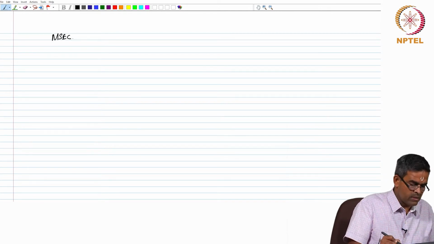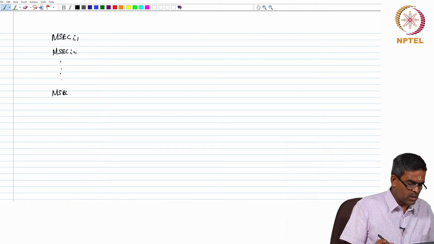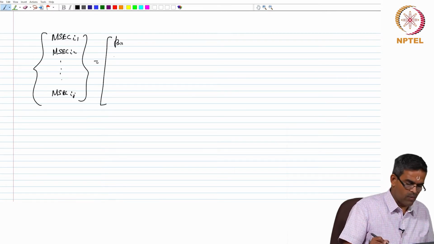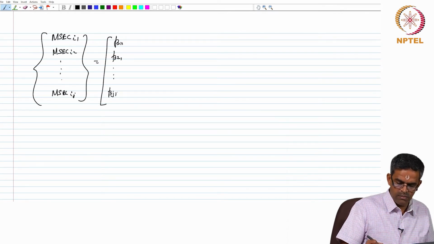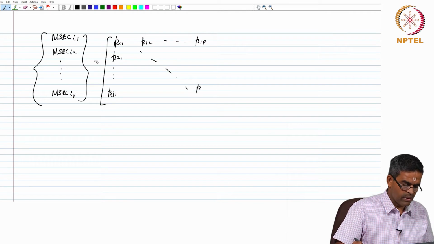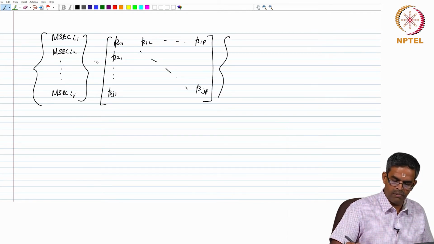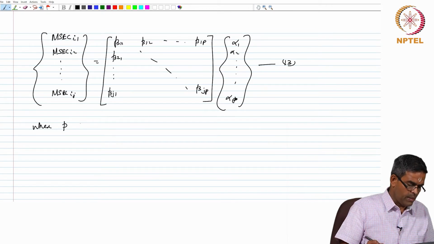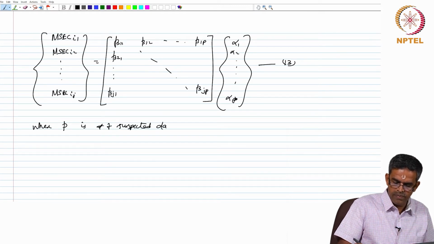Modal strain energy correction I1, modal strain energy correction I2, modal strain energy correction Ij is given by beta 11, beta 21, beta j1, beta 12, beta 1p, beta jp multiplied by alpha 1, alpha 2, alpha p, equation 13, where p is the number of suspected damage sites, that is damage locations,